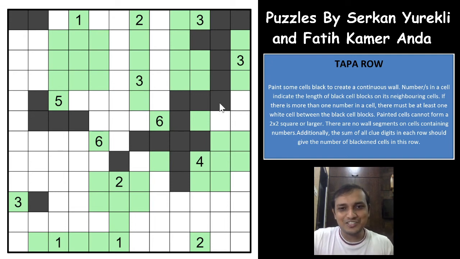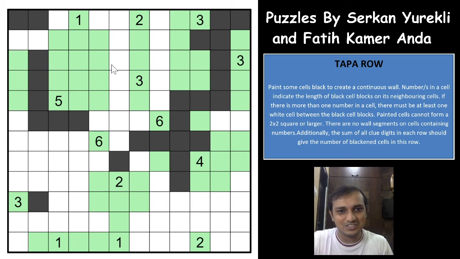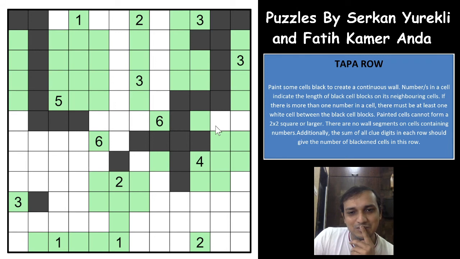So you have 4 shaded cells already for the 5, and the 5th shaded cell in this row will have to be either this or this, and that gives you all of the other cells as unshaded, and this will be shaded. So for the 3, all of the other cells will have to be unshaded. This will go up. For this 3, all of the other cells will have to be unshaded. This will go up, and that is really excellent, awesome. And let us see if we get anything else.